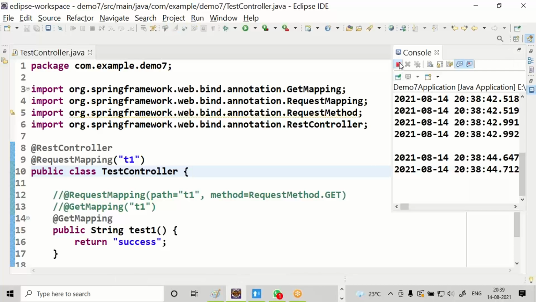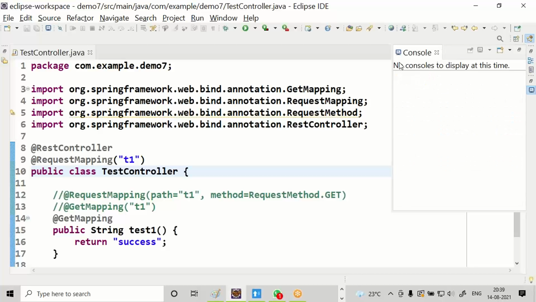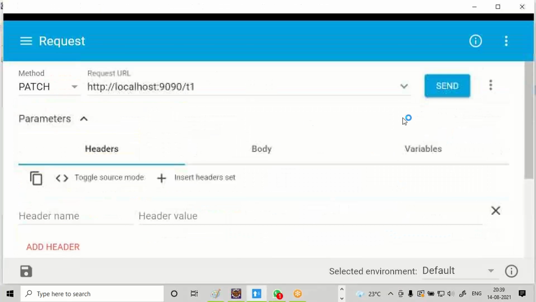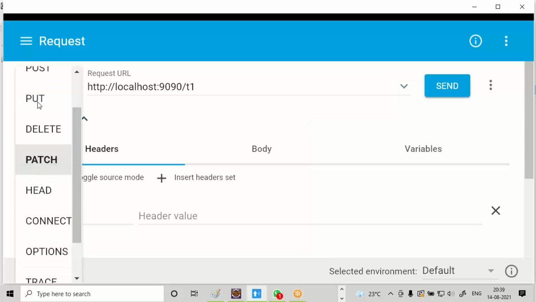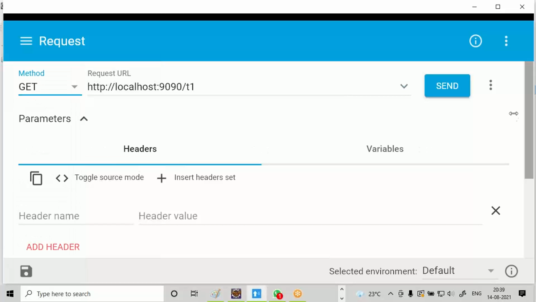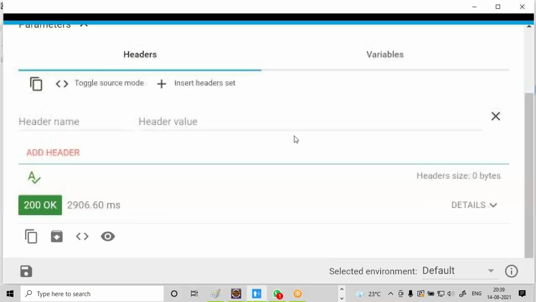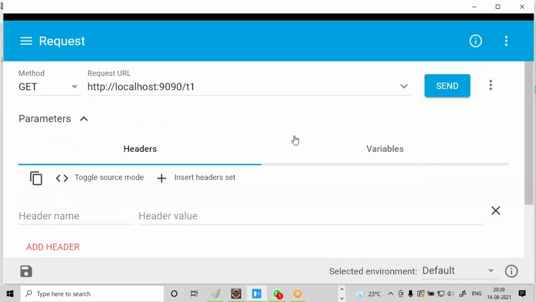I think it restarted already. Success. If you go for other than get, you will get an error.